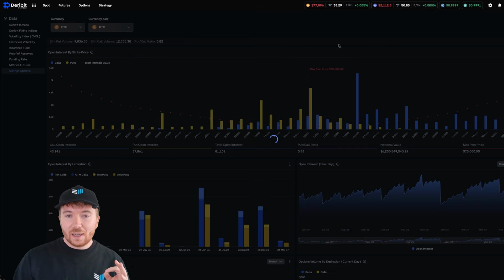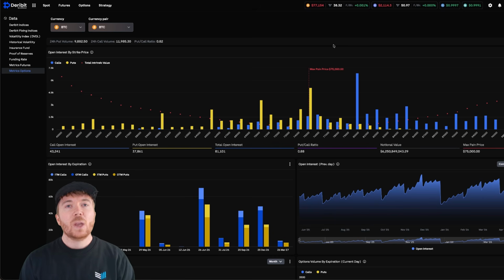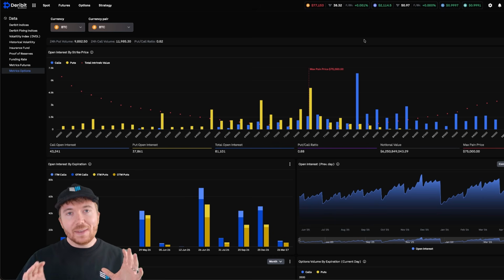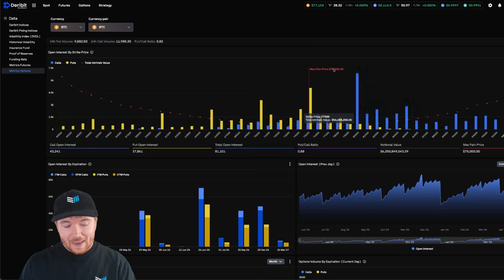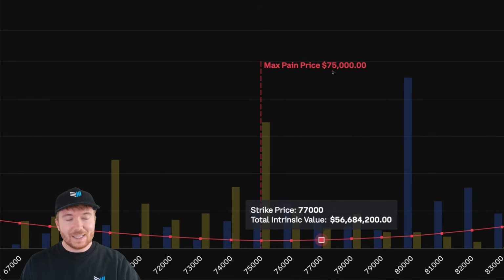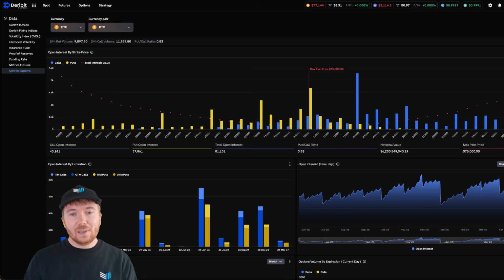If we look a bit further into the options market, this is Deribit. What we can see is at what price on a certain particular day, when these option contracts expire, at what point would call the maximum payment. It's literally called the max pain price. And this is $75,000 on May 29th. So towards the end of this month, most option contracts will expire worthless at $75,000.